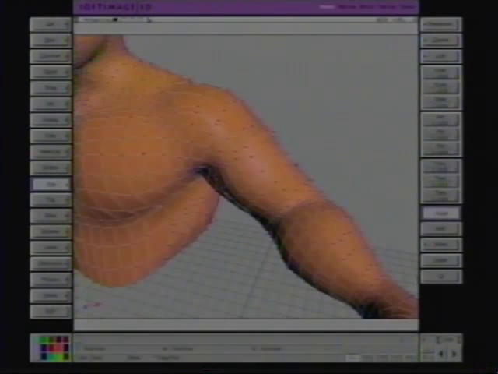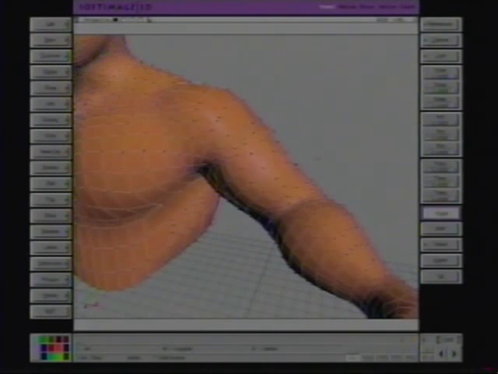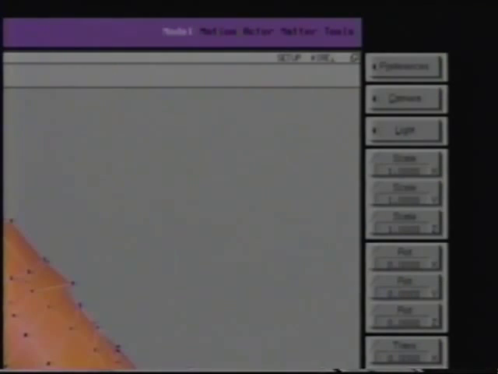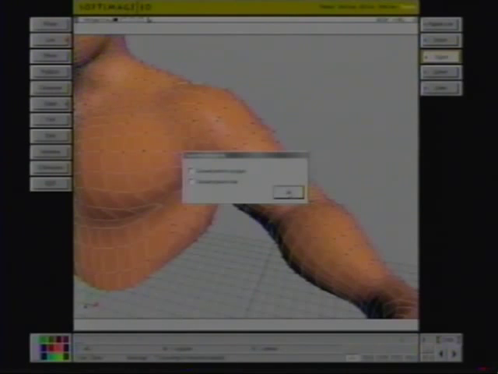Also, if it has multiple materials and UV information, it can get very slow. One way to solve this and the two previous corruption problems is to actually save it out and read it back in. Or even more effective is to save it out to a different format and read it back in. For instance, if you go to Tools, Export, Object, Wavefront,